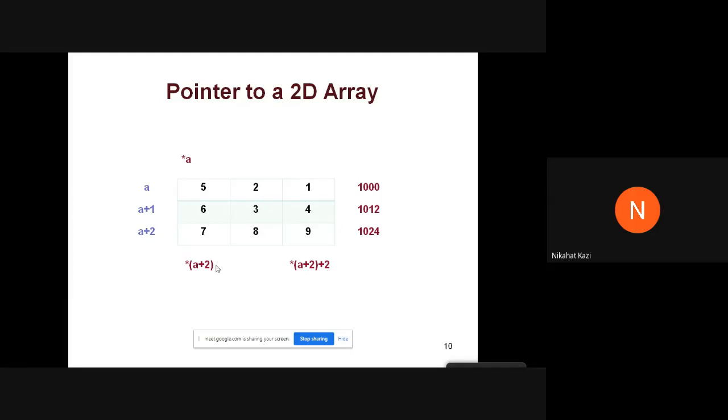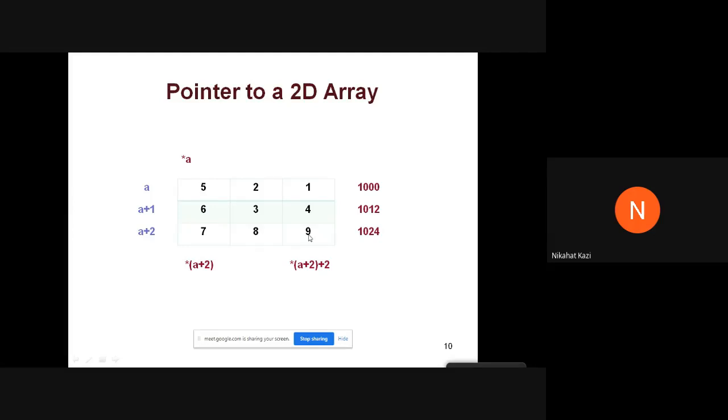So this j here was 0, you can imagine this as plus 0. Next column, you can imagine that as plus 1. Next column, plus 2. So if you introduce a j value here, say 2, it will mean the address of this element, the address of 9, whatever it is, 1036. The last element address was 1000, whatever it was. And if I want to get the value, I simply dereference it. So I just put a star here, and I will simply get this value.